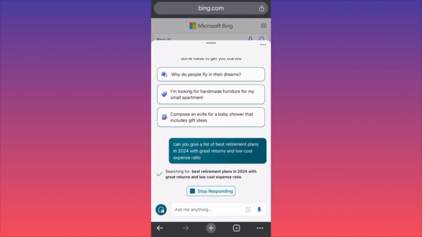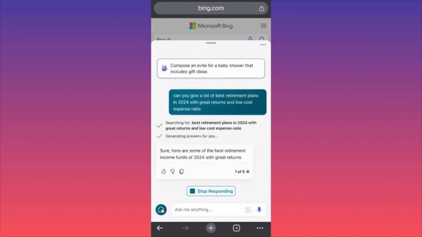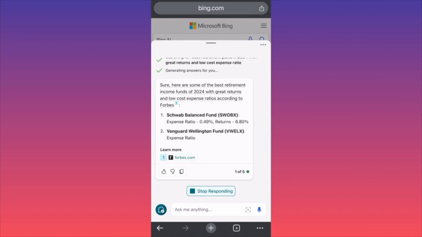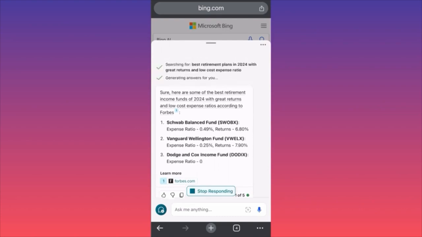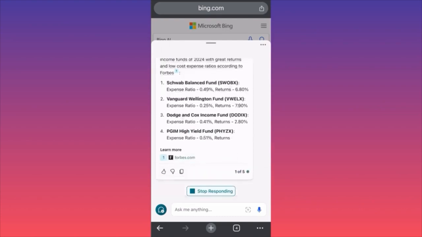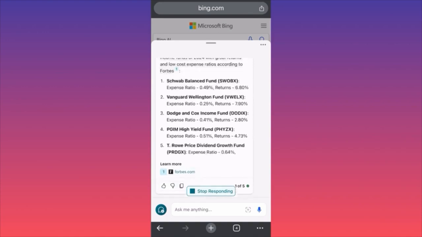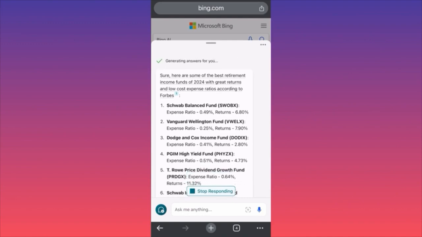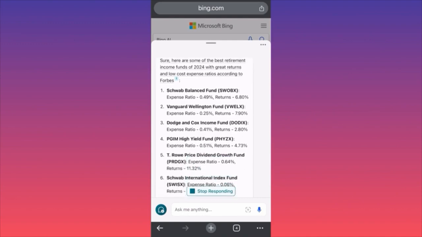So somebody used this retirement fund, this wealth manager, this wealth advisor, and it's gonna garner all the information, who is happy from the service, who isn't, who got what they're looking for, and who did not. Okay, look at this. Here's the list of the best retirement income funds in 2024 with great returns, low cost expense ratios according to Forbes.